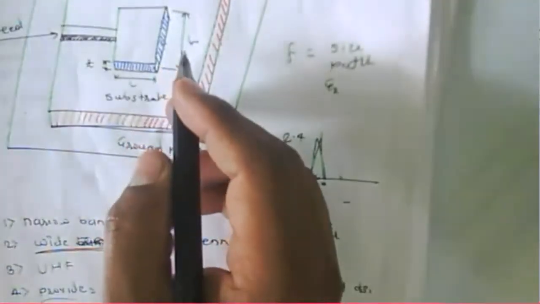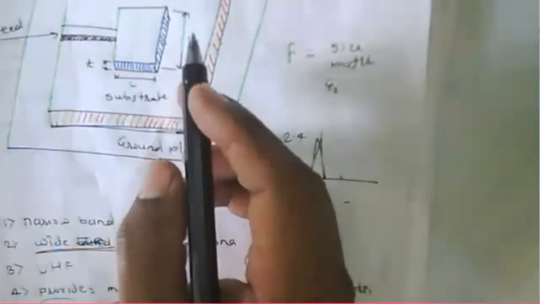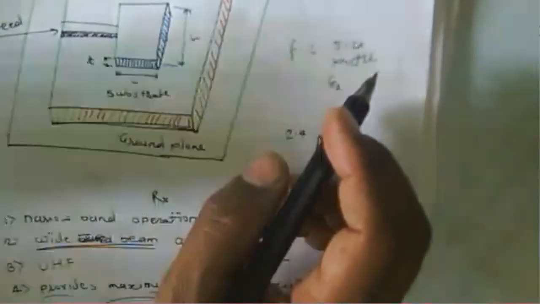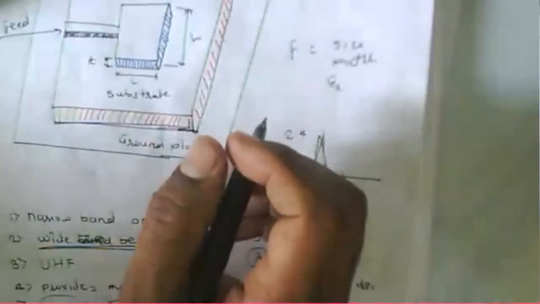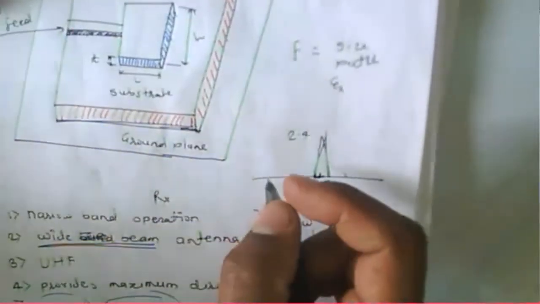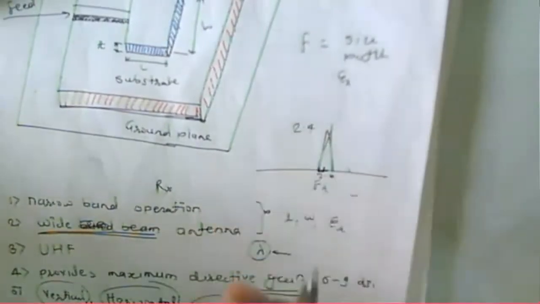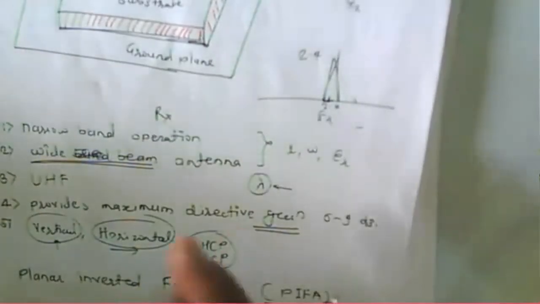Generally, to increase the resonant frequency, which again comes to the bandwidth, the radiation bandwidth, to increase the resonant frequency or radiation bandwidth of the antenna, instead of a single patch we can use multiple patches, or multiple PIFA antennas. So multiple inverted F antennas can be used to increase the radiation bandwidth, or to get the highest gain and so on.